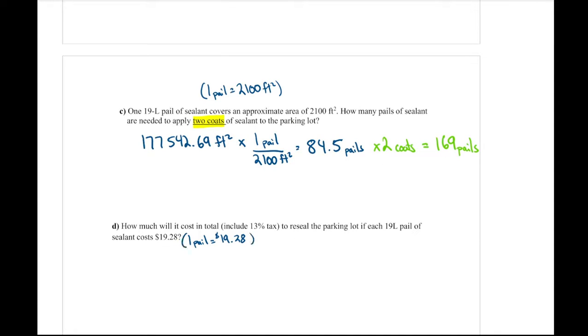So I can use this again in my unit analysis. I have 169 pails. I'm going to multiply that by my unit rate. I want to find the dollars, so those are the units I want. They'll be on top, divided by the units I have, which is 1 pail. It's basically 169 times 19.28. This gives me